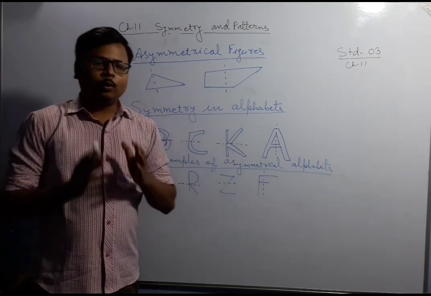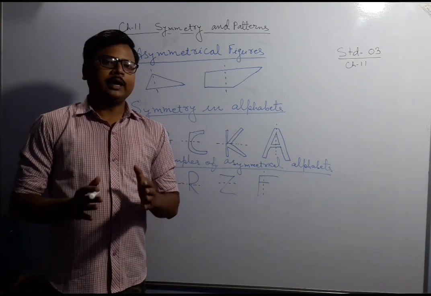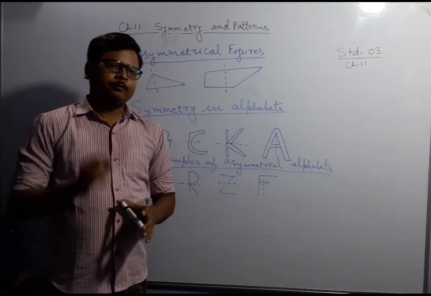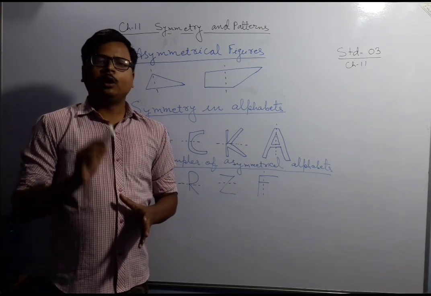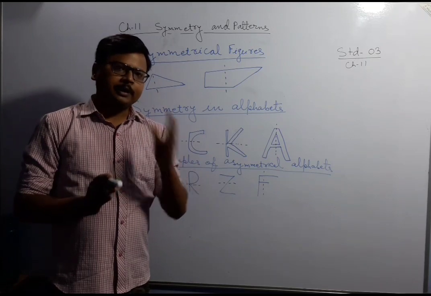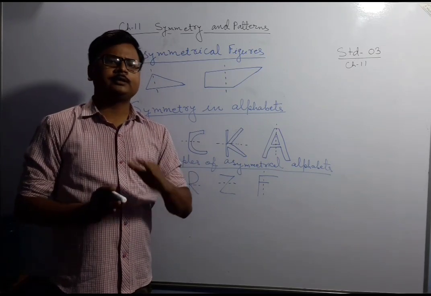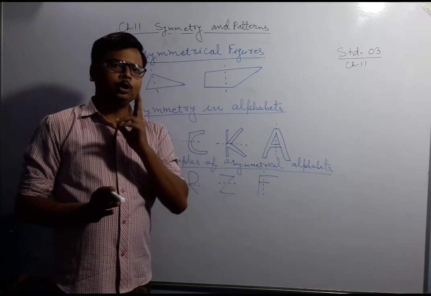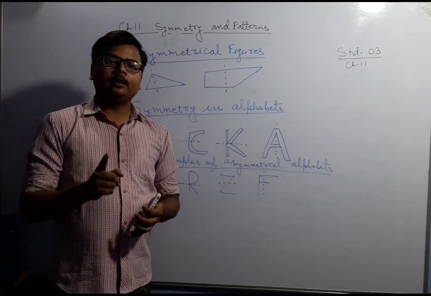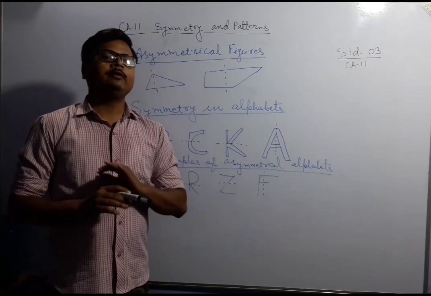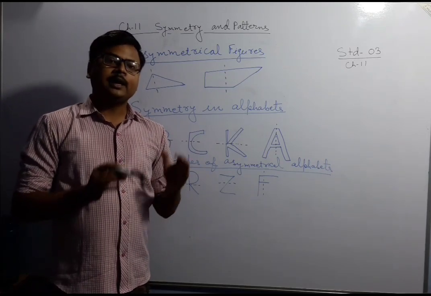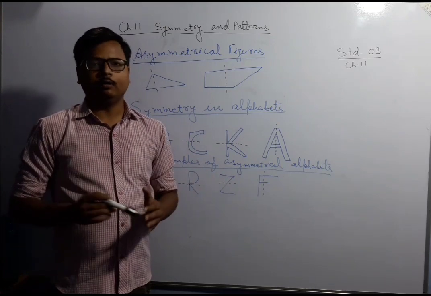symmetrical alphabets. One thing I would like to tell you, so that you will never forget this: in symmetry, if you want to draw a line of symmetry, you have to see that the line of symmetry divides that particular thing, particular alphabets, letters or anything, into two equal halves, not unequal. If it divides it but the halves are not equal, then it will not be called a line of symmetry. It will be known as asymmetrical lines or figures.